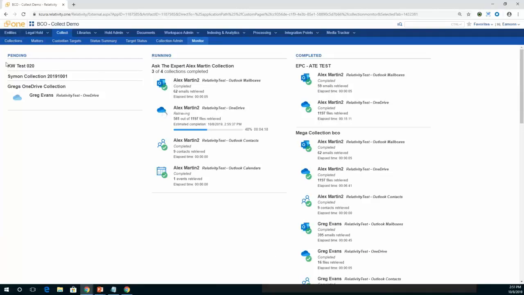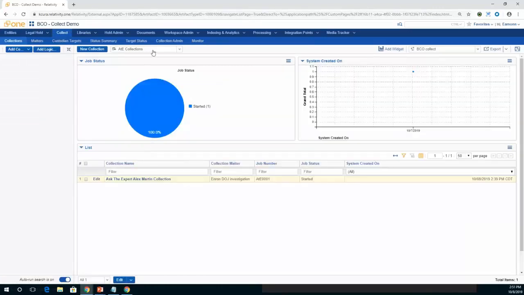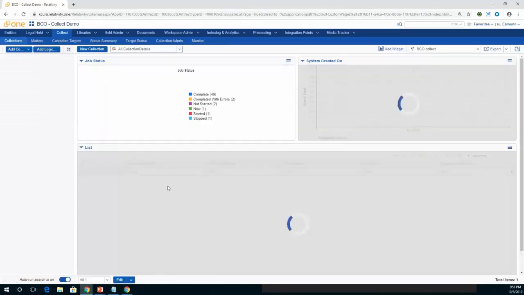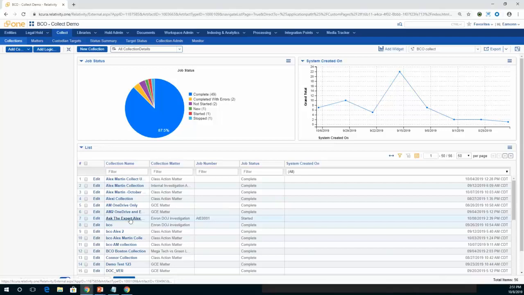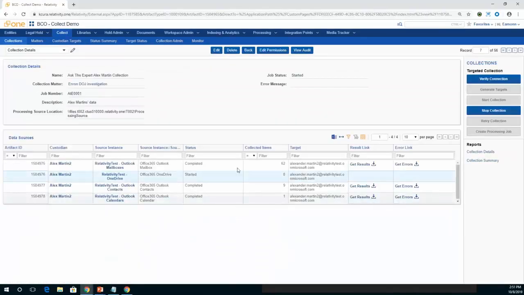So I'm going to take a look at one of our previous collections that we did. This is a collection that we ran yesterday. And here is some of the information about it. So if I wanted to, I can get results for a particular, actually, this is the one from today. Yeah. Okay, cool. So I'm looking at this one. This is the one from today. I can take a look